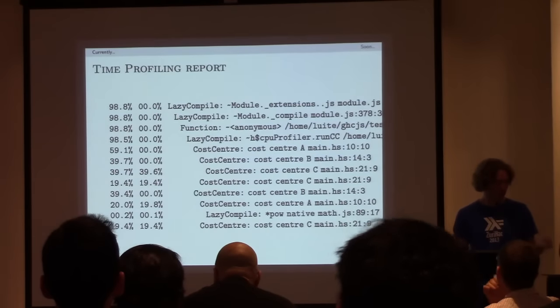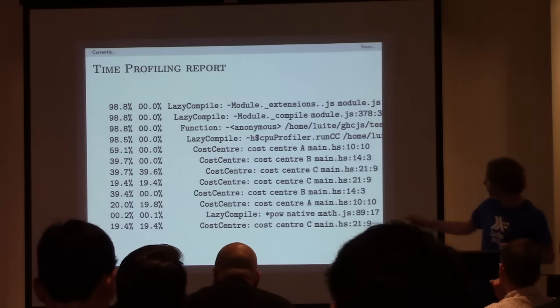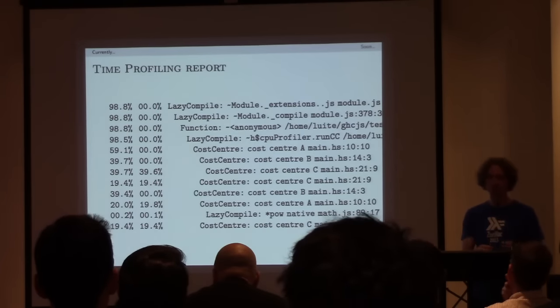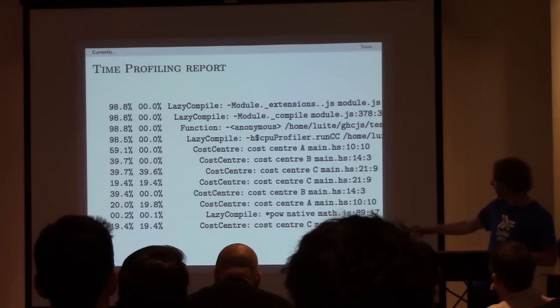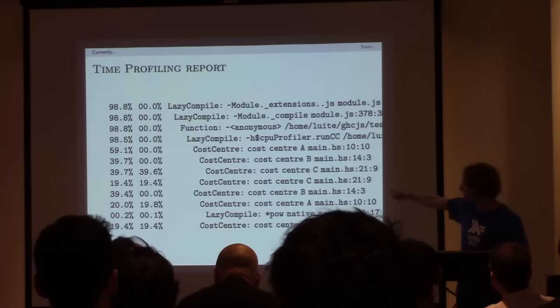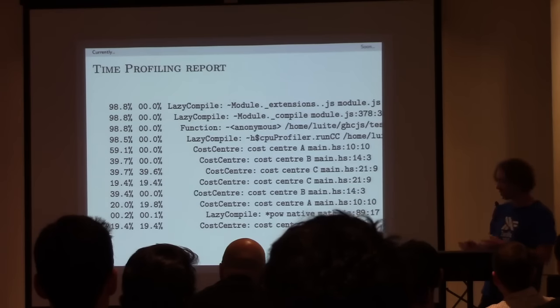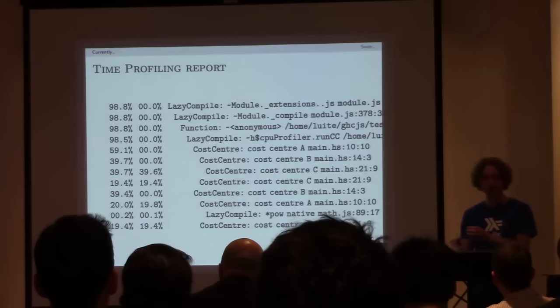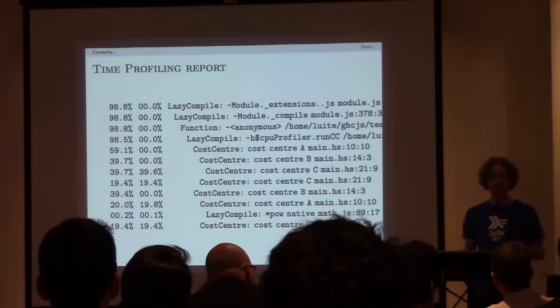the somewhat simplified profiling report that you get has all the JavaScript functions. You can see all the lazy compile things are the things compiled by the V8 JavaScript engine to native code. And the cost center things are the Haskell things. They point to a Haskell source file. For example, you see here a cost center P, which is inside the cost center A, and you can even see how much time is spent in a particular JavaScript call stack inside a cost center call stack,